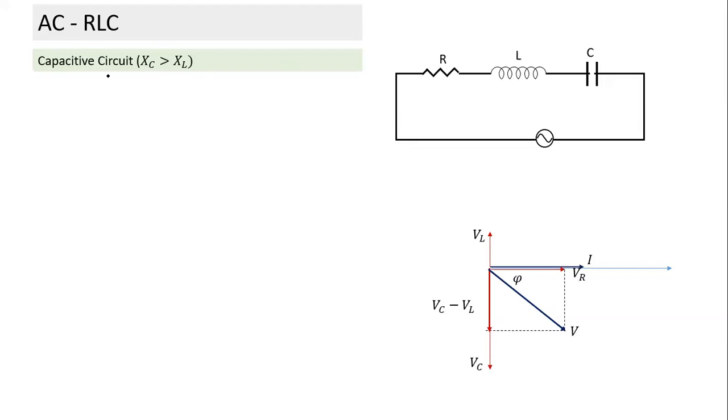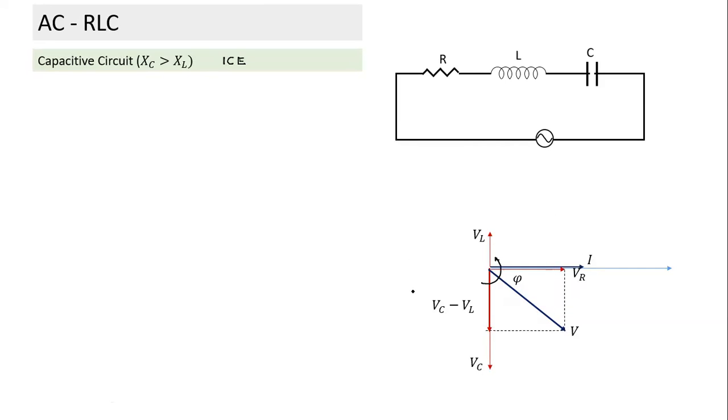What do these two terms indicate? What does XC indicate? Reactance. The X term is reactance, the Z term is impedance. If capacitive reactance is greater than inductive reactance, it's a capacitive circuit. And what is the property of a capacitive circuit? In a capacitive circuit, current will lead voltage, as in the case shown here. See, it is rotating like this. So which one is ahead? If this is the circle they are running on, this is ahead.